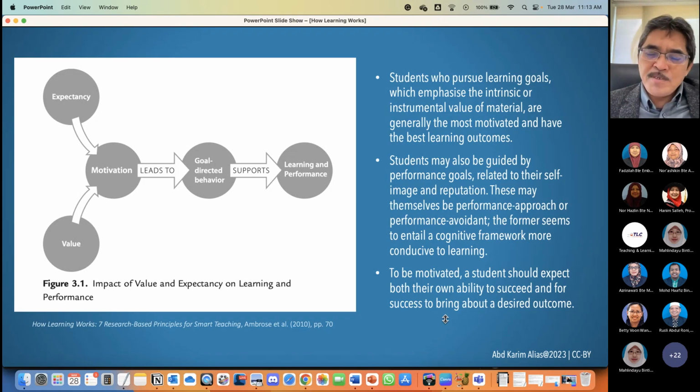Your understanding lah, your interpretation of this. To be motivated, the student should expect both their own ability to succeed and for success to bring about a desired outcome. Your thoughts on your take on this. Tak tahulah betul ke tak kan? Tak apa. Maknanya student tu pun